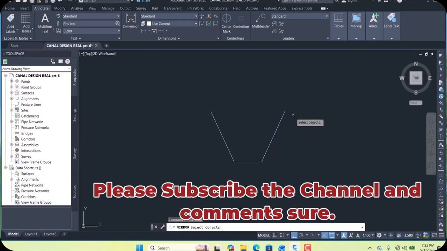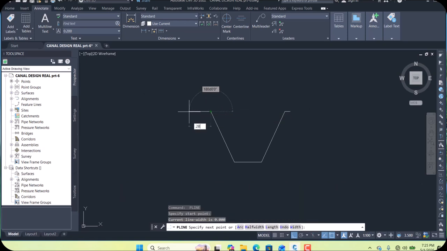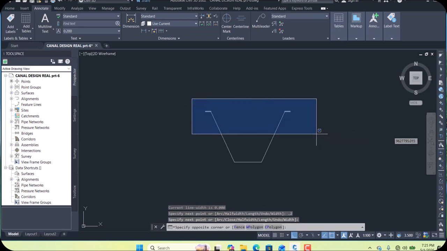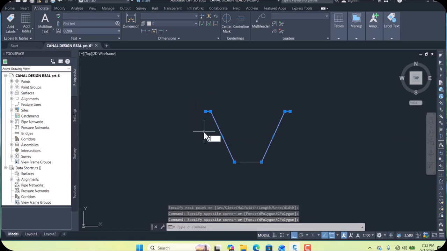Another PL line, we give the command again, and here we have to make just 0.20, that is, 0.2, okay. And here also we have to give the command 0.2, okay. Then we join all this, command J, join. Then offset